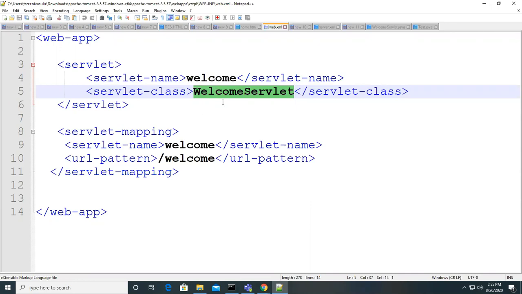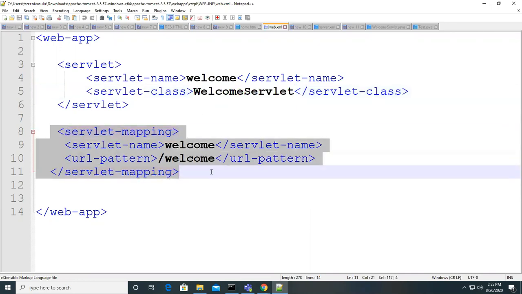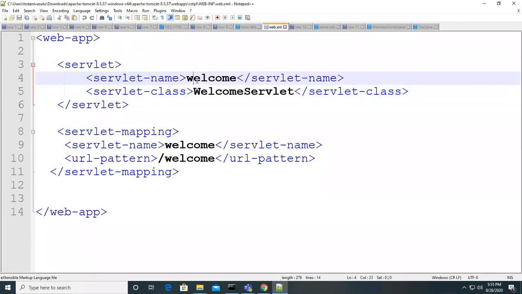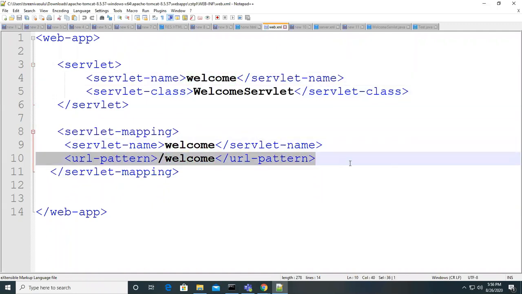Then under the servlet mapping tag, it is the same, you just change these values, servlet to servlet, that's it. Under the servlet mapping, we have the same name you configured here, and the URL pattern. Whichever pattern you want to use, you can use your own pattern. Okay, so slash, what is that, guys?